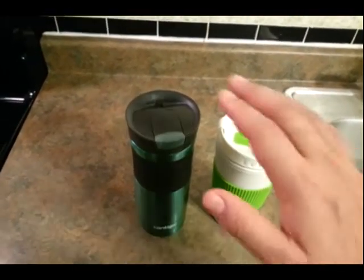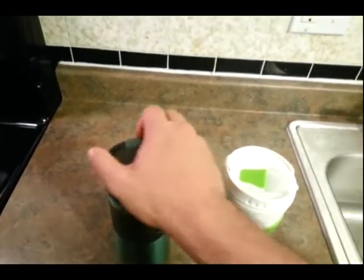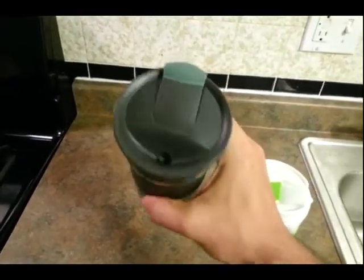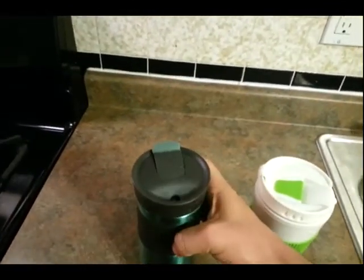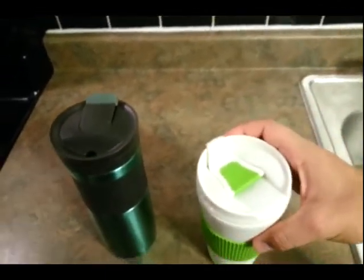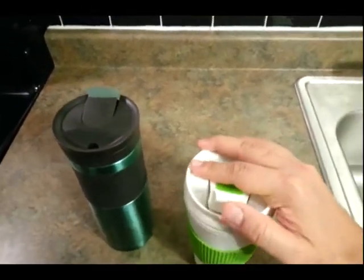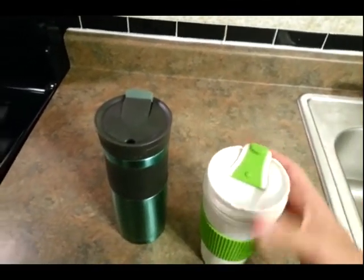Now, as you can see with the SnapSeal right over here, I'm going to open this very quick. You know what this does already from what I demonstrated in the previous video. Now, let's look at this opener right over here. Of course, it has its own way, but once you open it, you can see that on its little competitor,